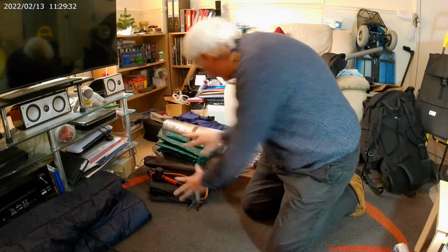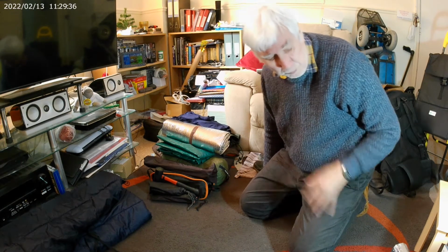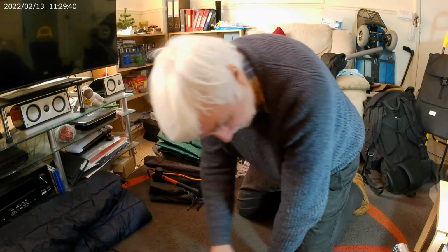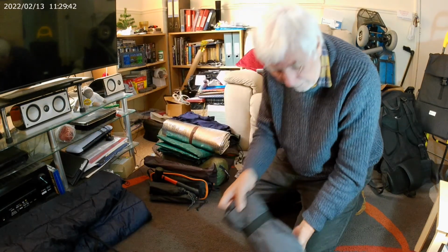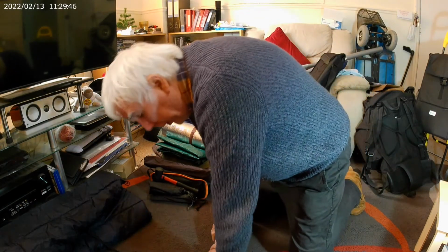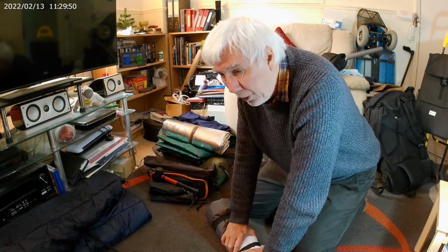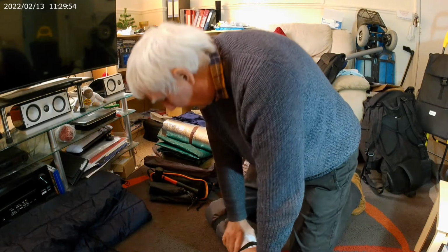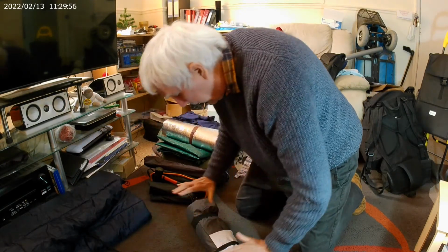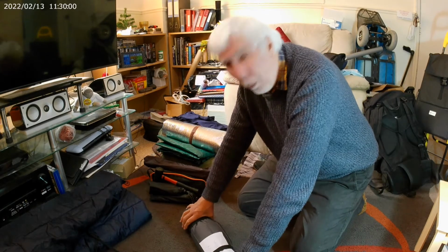So that's all the tent equipment. Now I'll move on to my sleeping arrangement. Let's start with the airbed. Now this is not the one that I will be taking because I haven't got that at the moment. My daughter's got it. She's making a cover for it, but it's the same thing. It's Trekology. This is the UL 140